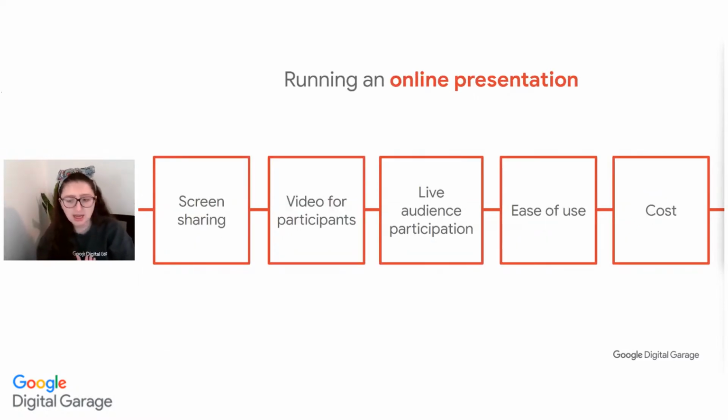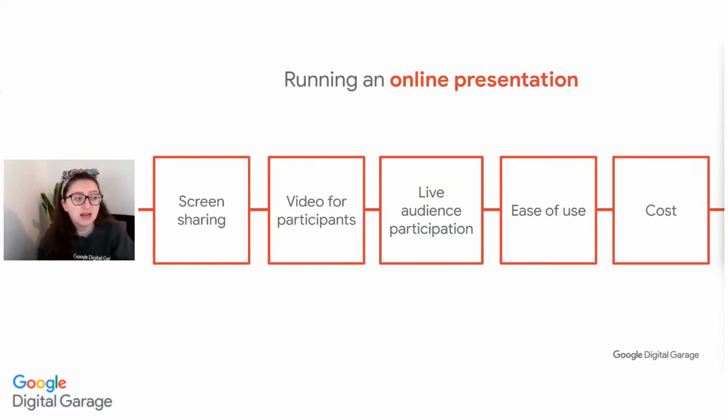And the last thing to point out when it comes to actually creating your presentation, a lot of our presentations, like this one, are now becoming online, virtual presentations. So how can you start to make sure you're fully prepared for that virtual space? Do you understand how to screen share in the tool that you're going to be using? Are you going to have participants with video on? So if you're using a different tool where you can actually have a conversation, are you going to allow them to have their videos on so you can see them?